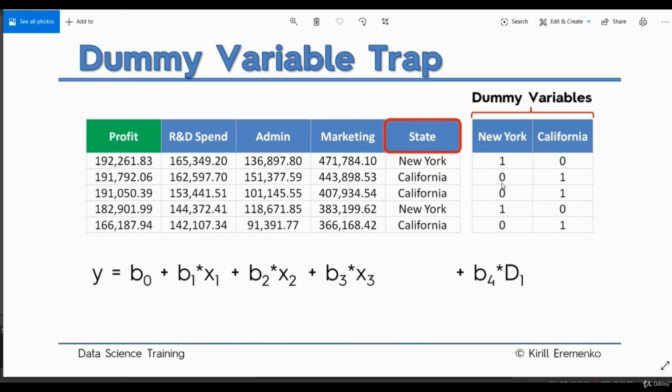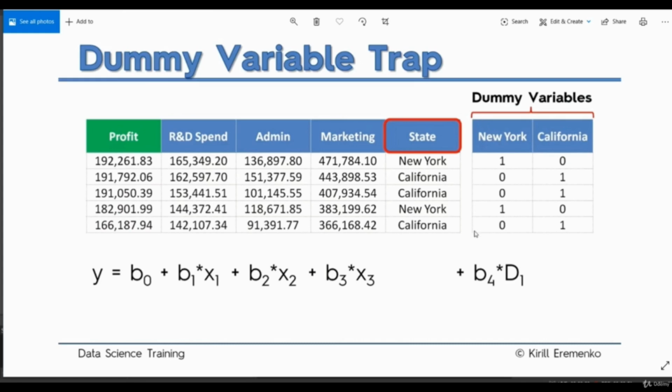Now let's look at these two columns. As you can see here, the New York column equals 1 minus California. If we use both of these dummy variables in our model, it's going to just duplicate the variable, as if both variables are the same.